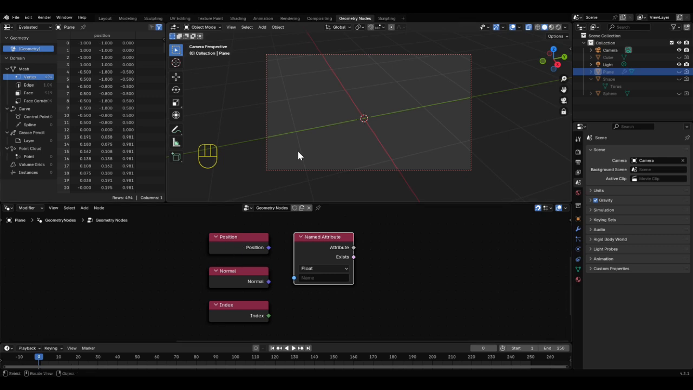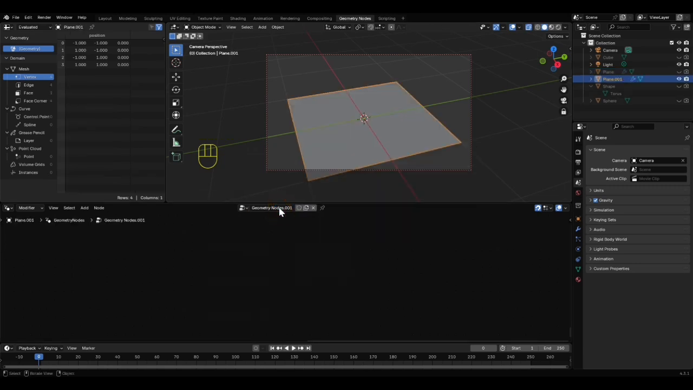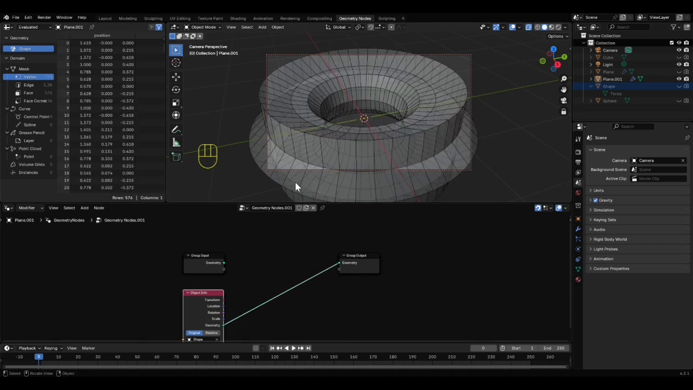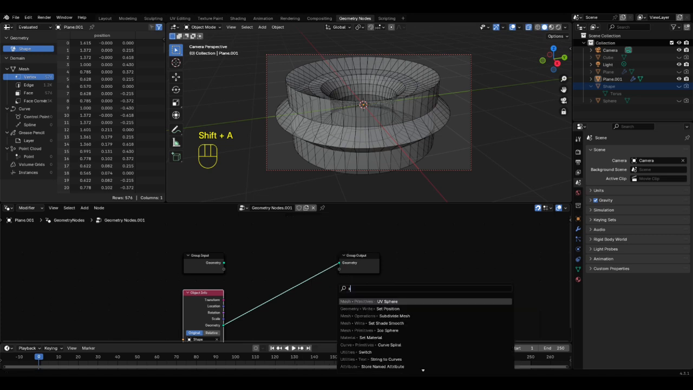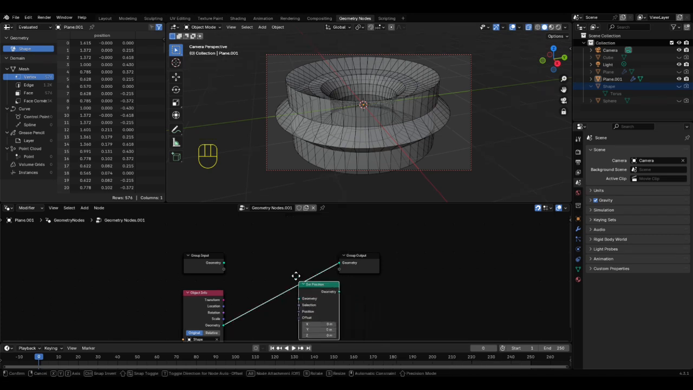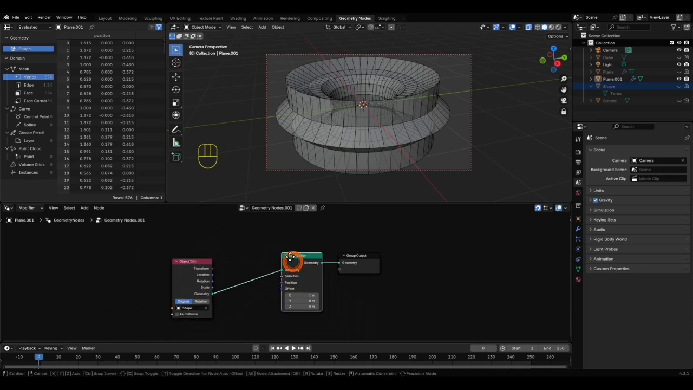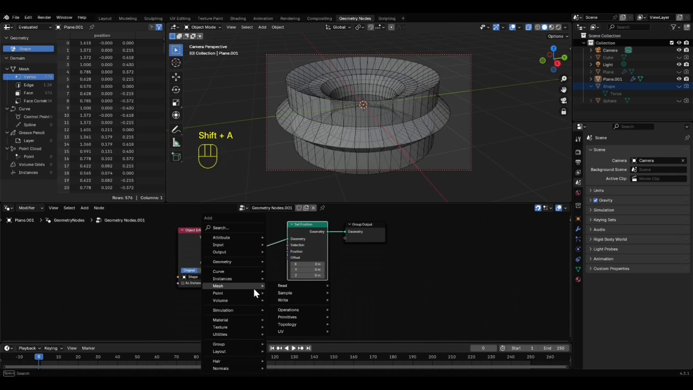Let's add a new plane with a new geometry nodes modifier. Let's bring in our shape object to replace the current geometry. Now we'll add a set position node so we can adjust the placement of the vertices. Let's go ahead and add a position node